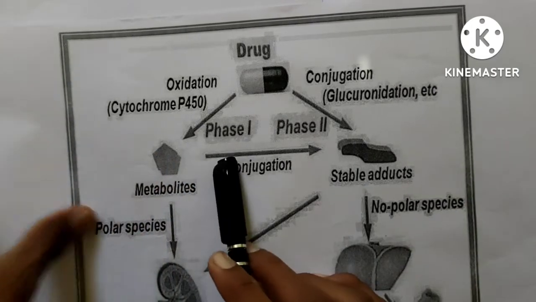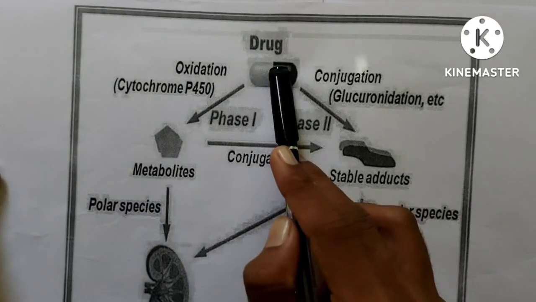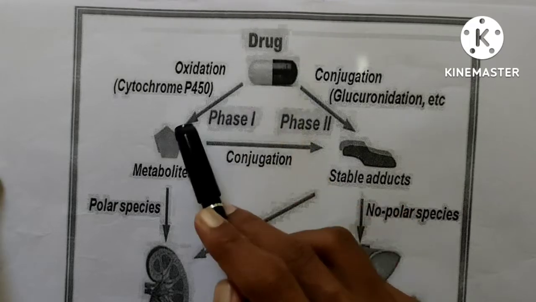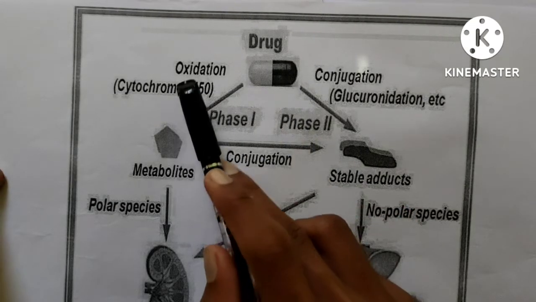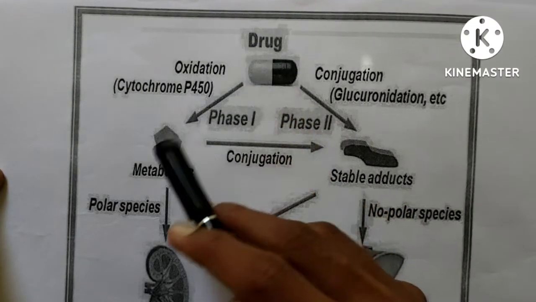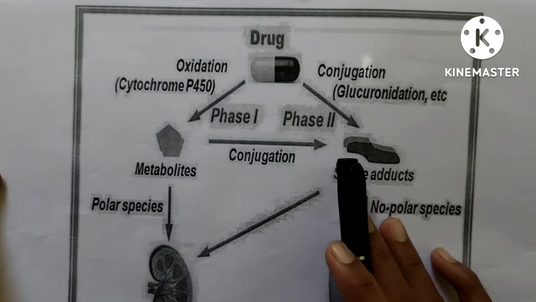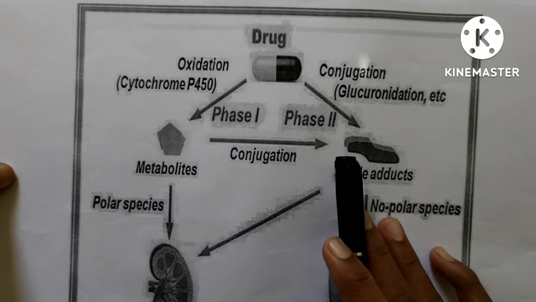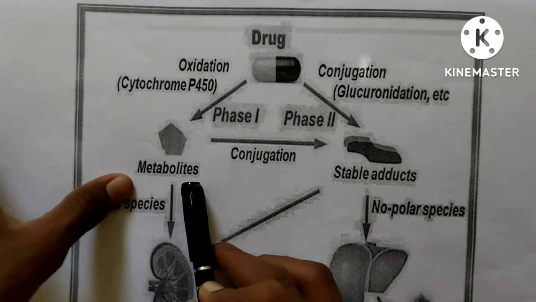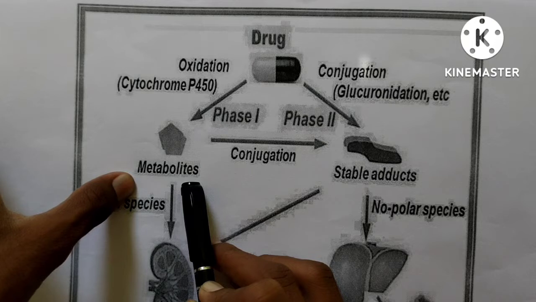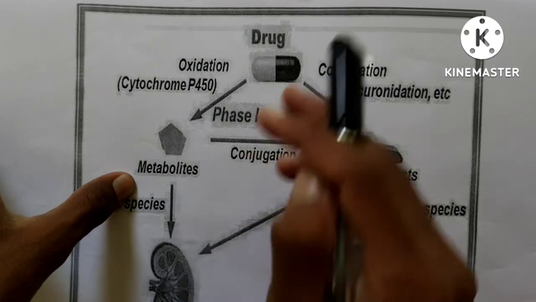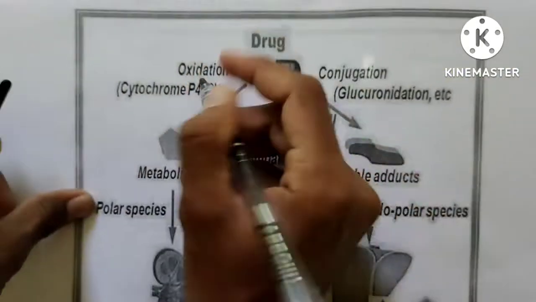Now see, you are observing here phase 1 metabolism. This is the drug. When the drug goes through phase 1 metabolism, that means oxidation, reduction and hydrolysis, there will be formation of the metabolites. Metabolite means this is the active drug. Now see, the inactive form of the drug,